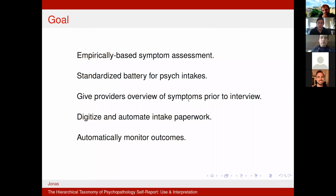In addition, for those of you who will have a longitudinal module enabled, this will allow for an automatic assessment of treatment outcomes. So this will be done at the adult outpatient clinic at Stony Brook, where quarterly patients will have various subsets of the assessment redeployed, and results will be tracked alongside the baseline results so that hopefully we